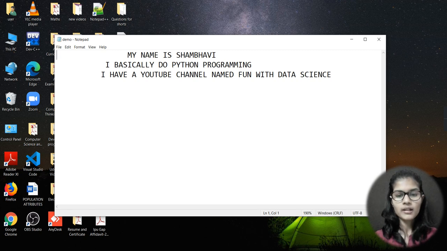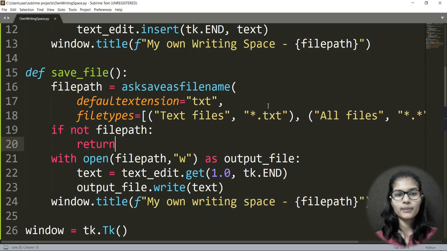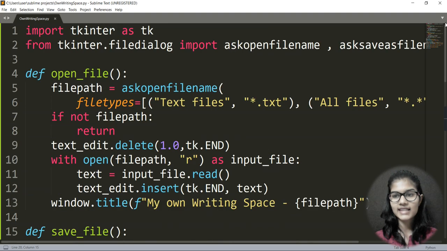Fine. So I hope you got the idea of how you are going to make these types of GUI. Now, if you want to add some more things here, you can do that. I told you how to add open and how to add save. For different text, different font sizes, and many more features like bold, italic, underline, you can add the things on your own, right? I have given you an idea on how you can do that. It basically depends on you how many features you add into that.